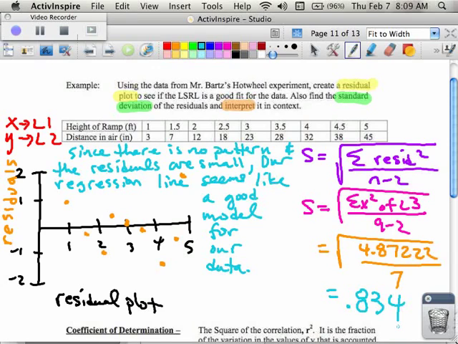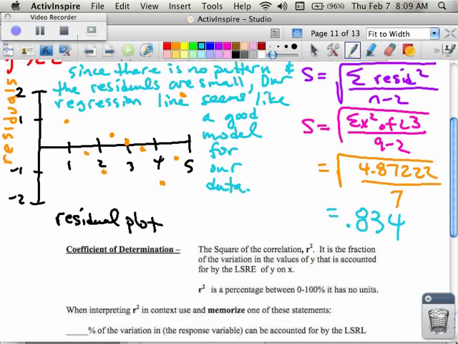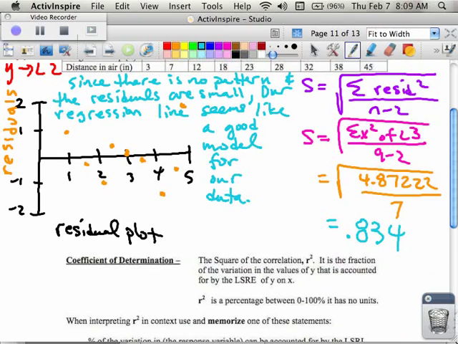Okay. So, what does it mean? Our standard deviation is saying, on average, our prediction